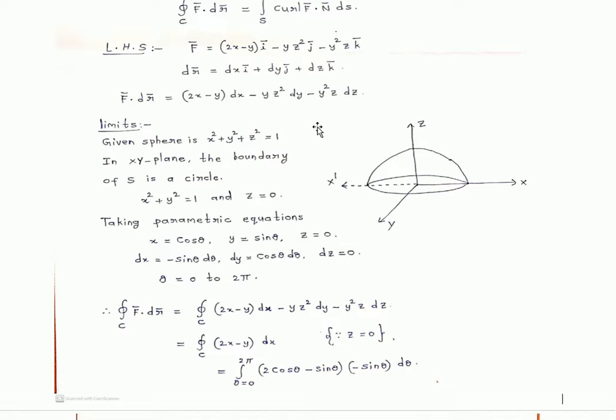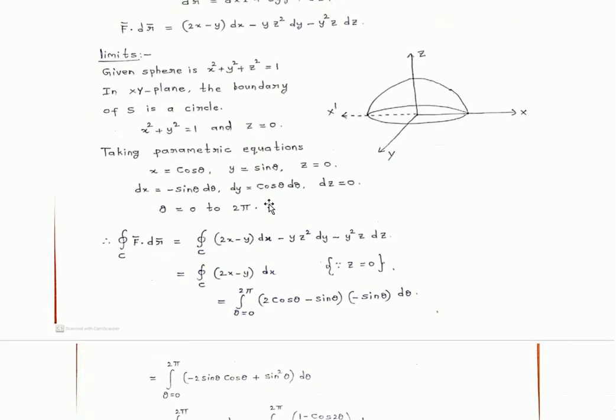So a sphere is given for us x square plus y square plus z square equal to 1. In xy plane, if you cut the sphere, let us consider the sphere as a volleyball. If you cut that into two parts, in the middle, the bottom surface is a circle. That means in xy plane, the boundary of S is a circle. So in this xy plane, if you cut the total sphere in the middle correctly, in the bottom surface, that is a circle with radius 1. The name of that circle is x square plus y square is equal to 1 and z is equal to 0 because it lies in xy plane.